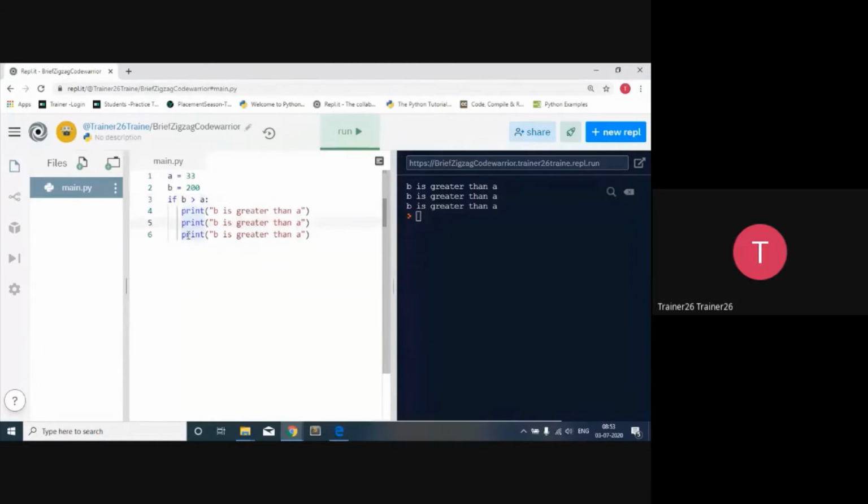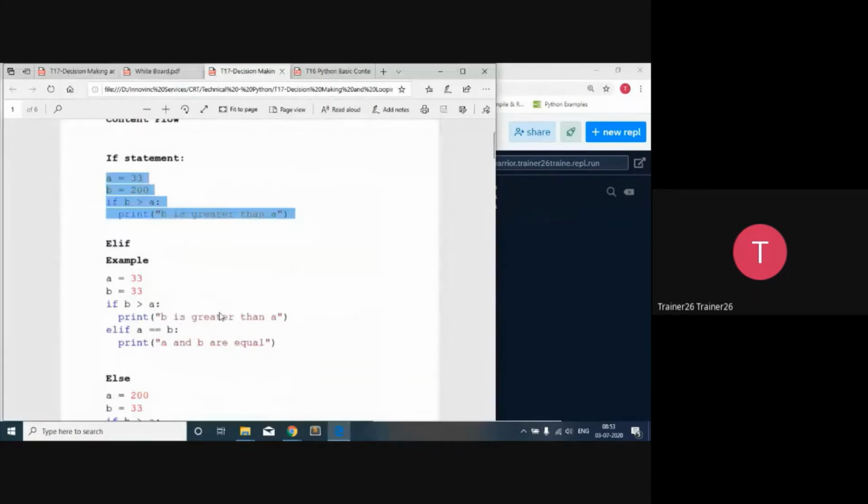But if you make a mistake here, say a tab is over here, then 3 blocks are going to get created. When you run it, it will say there is an indentation problem. So make sure that you have a proper block. So this is the way we can perform the if condition. If the condition becomes true, we write it down in this way. Now the next fundamental is the if and else.